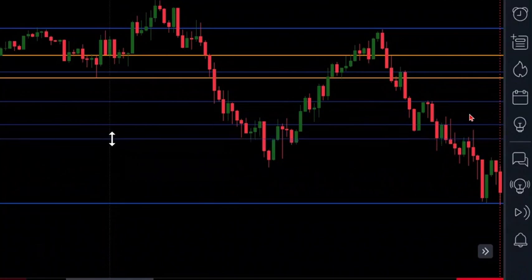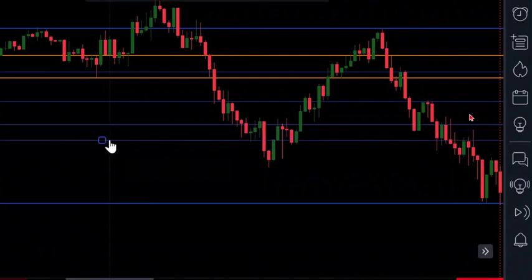Now this looks a little tricky. That's why backtesting is so important. This looks a little tricky. Now we do have, exactly. Now what I think we need to do is